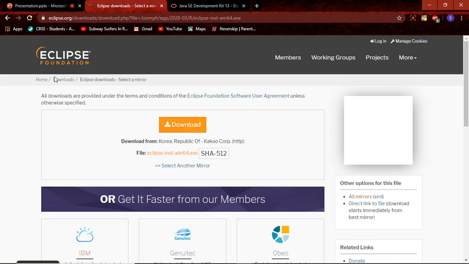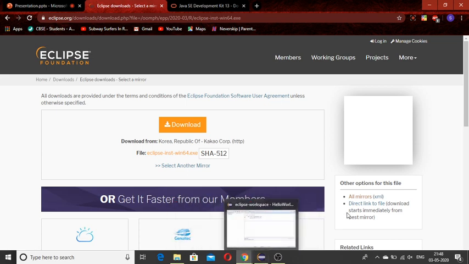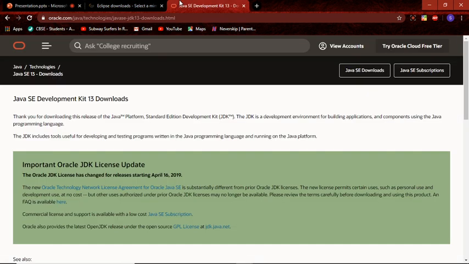After you get it, you have to run the installer, and in the setup dialog you have to use Java development for developing Java. Okay, and for it to work, it will give you an error that Java JDK or Java SE is not there in the system. So you need to download Java development kit or JDK for that.